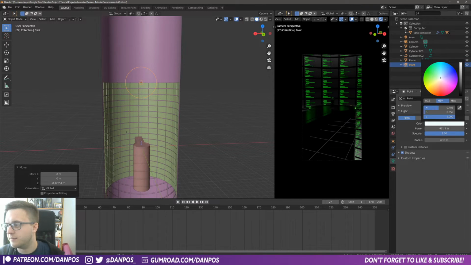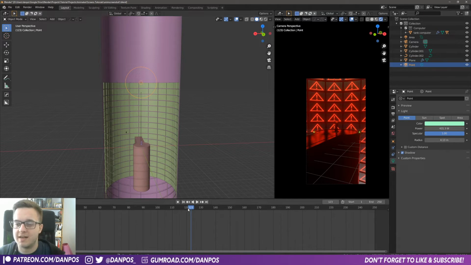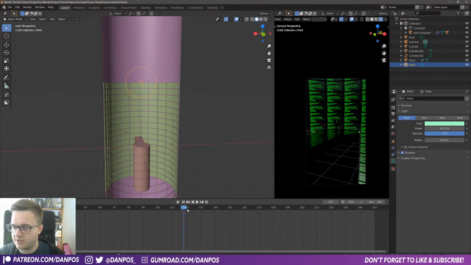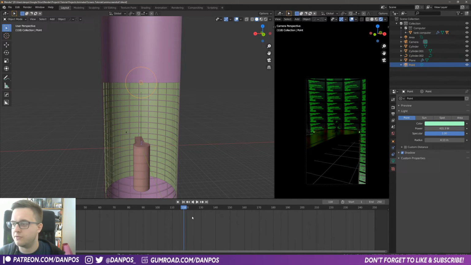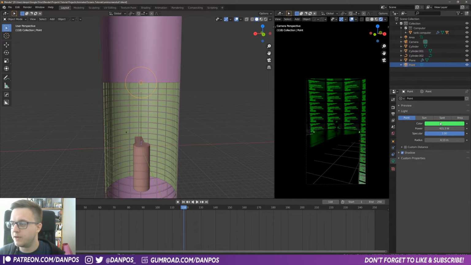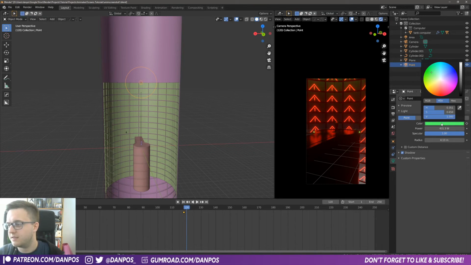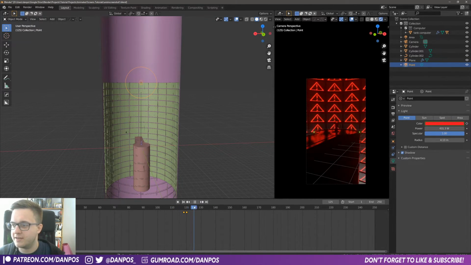And then if we make that a greeny color, what you can do as well is animate the color of that light. So I've got it green here, and then as it flicks over, we want it bright green. If we hover over the color and press I, you'll see a little keyframe starts. Then we go over to the red. So when the screens go red, make it red, press I. So you see that the color of that light changes now from green to red,